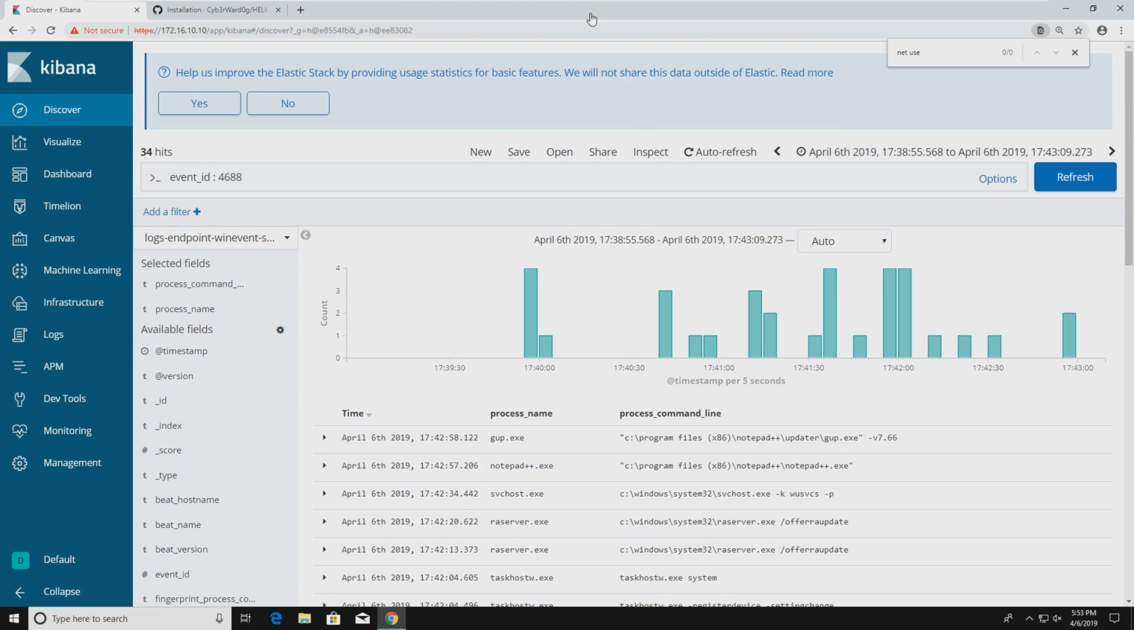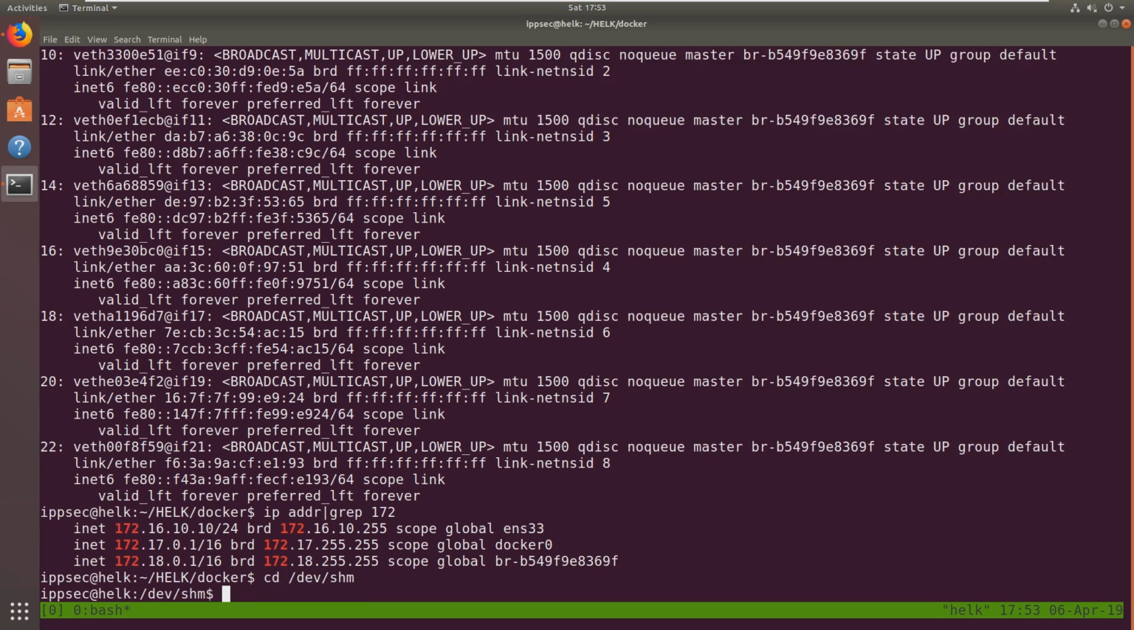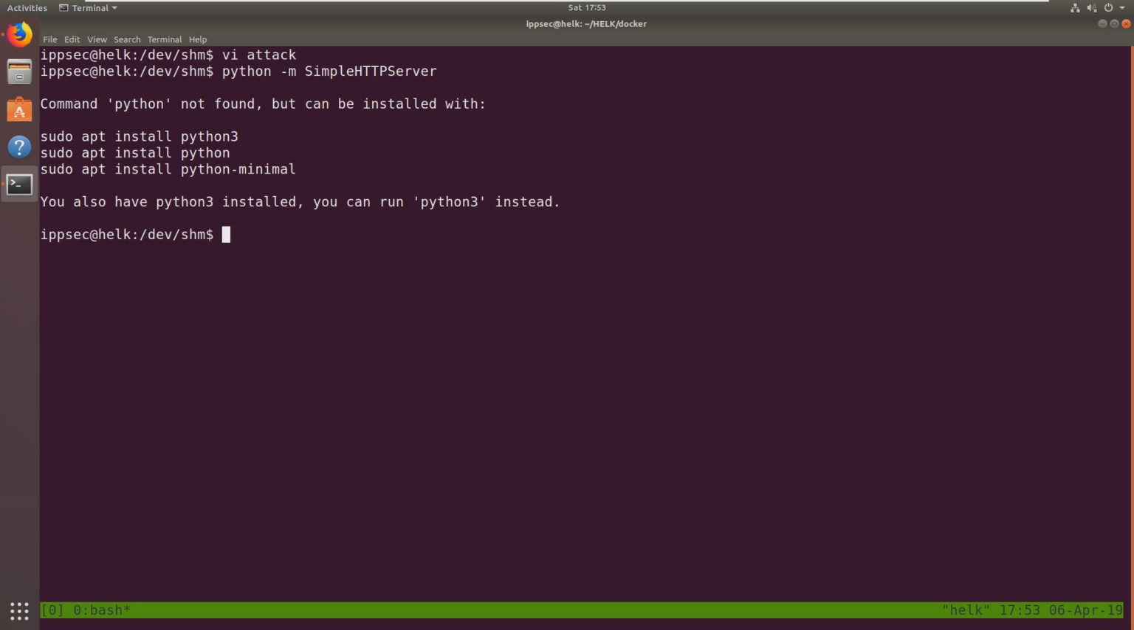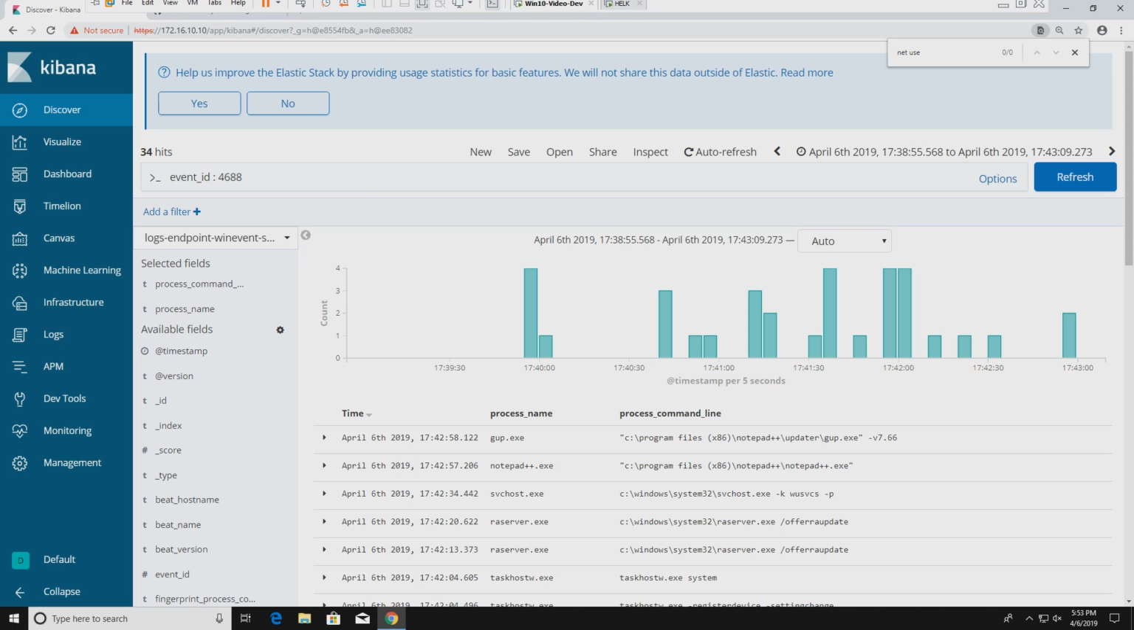We could also just, let's go back to our HELK instance and host a file. So dev shm, and we'll do v attack. And we'll call this owned is equal to true. And then we'll do python -m SimpleHTTPServer. We need Python 3, so python3 -m http.server. And then we can go back to our Windows